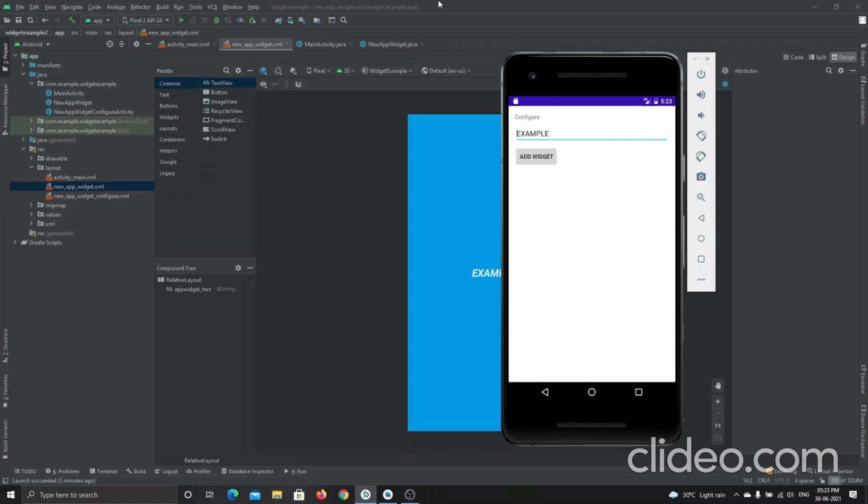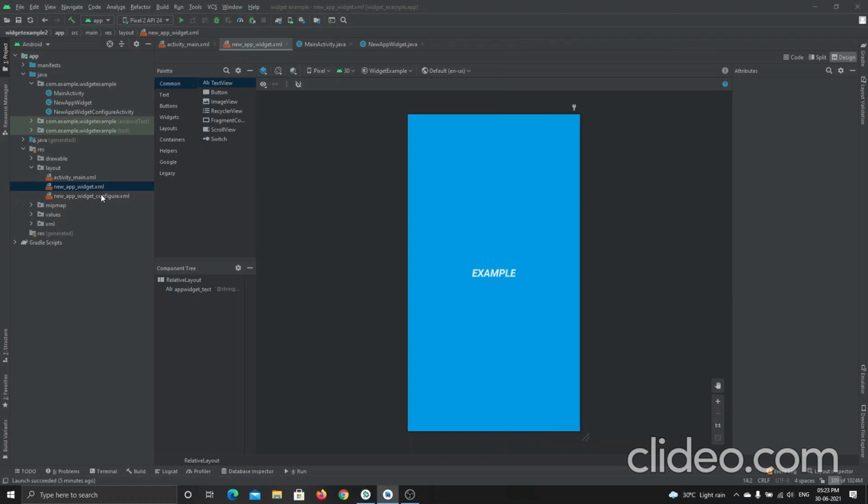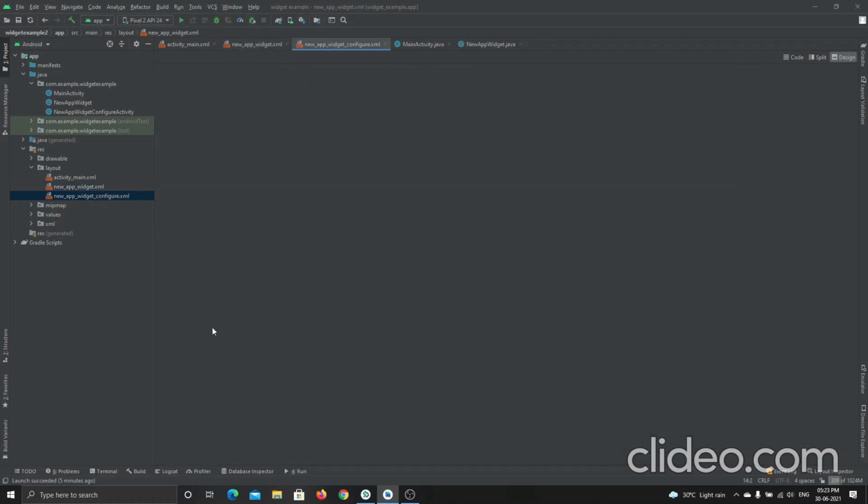Let's go to this configure XML and let me show you. It's already pre-built. Okay, see, this is the widget configure file which was created with the help of when we created the app widget. Okay, let's wait for this initializing.